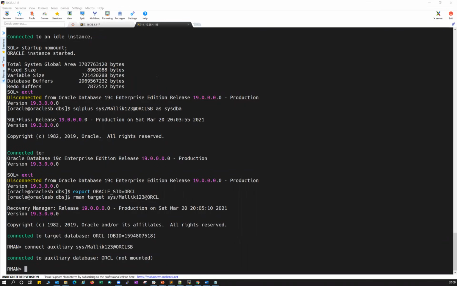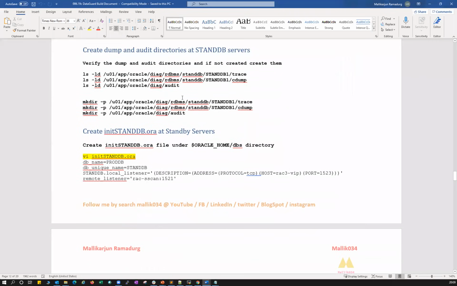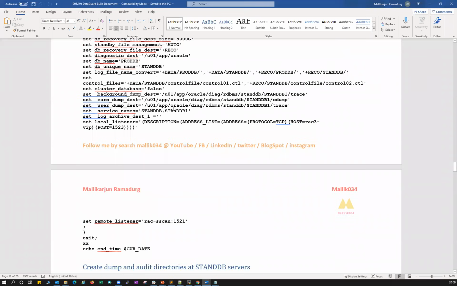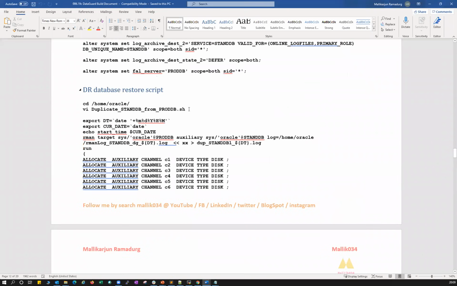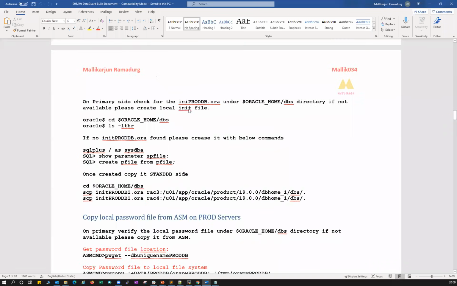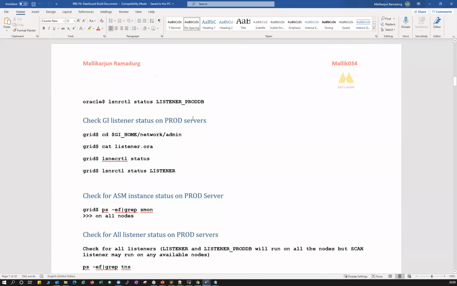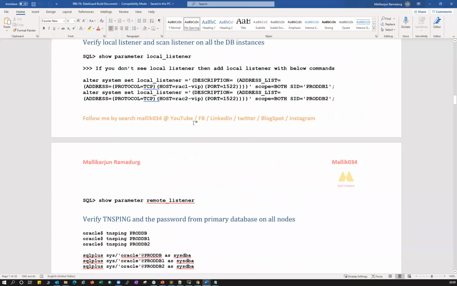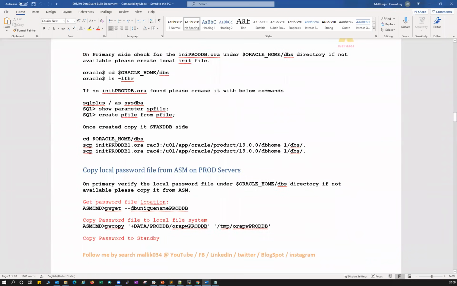So better, at the initial stage while you are building your standby database, you have to copy the password file manually to the local file system. In one of the 19C Data Guard build documents I shared a few weeks back, I copied the password file locally and then copied it to the standby site. That is one of the best practices, because sometimes the restore will fail if you don't have a local password file copy.